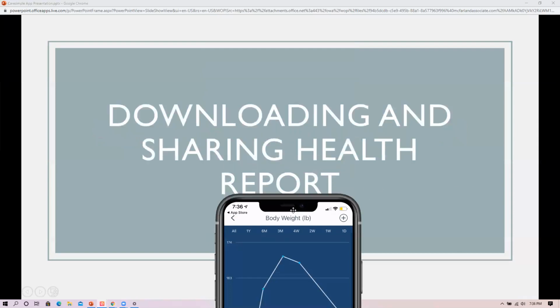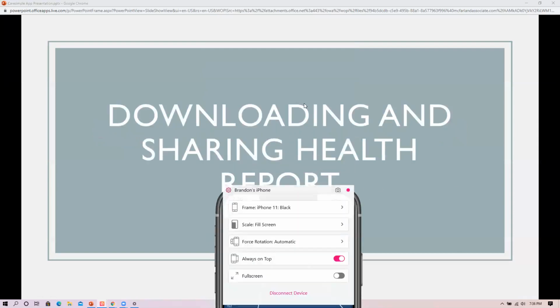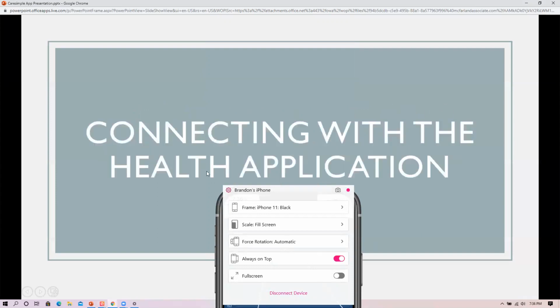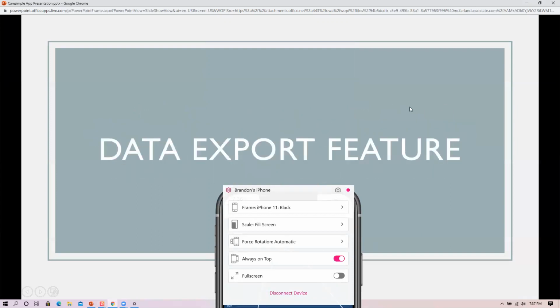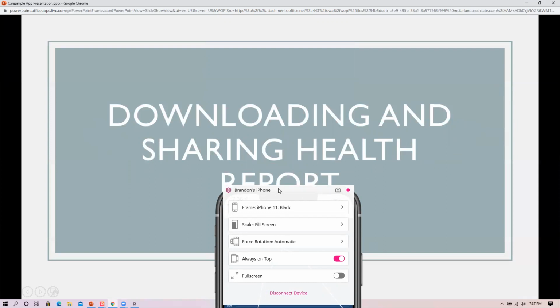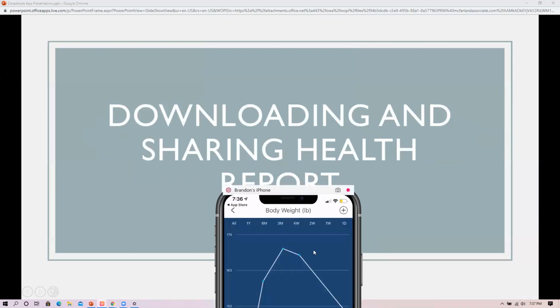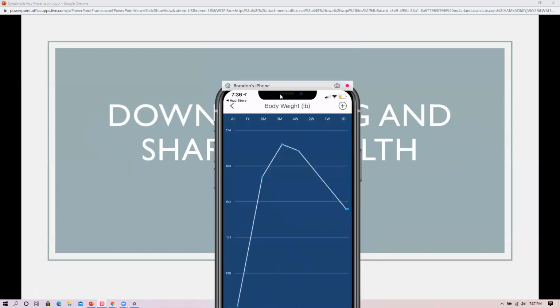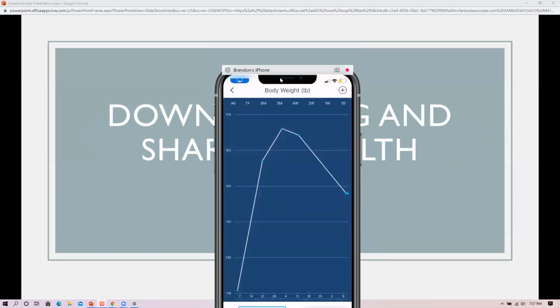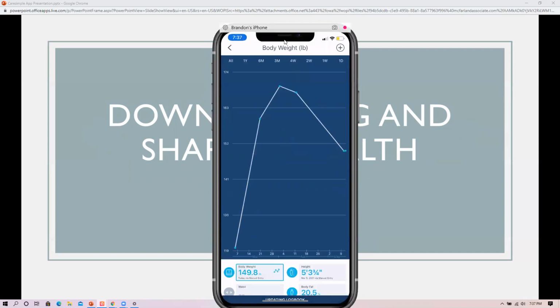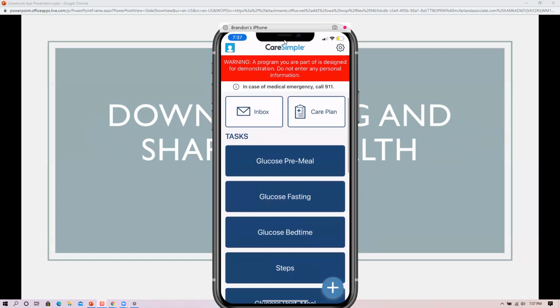Now we are going to show how to download and share a health report. So if you go back to the home page, and if you go into the settings icon on the top right-hand corner and you click it,